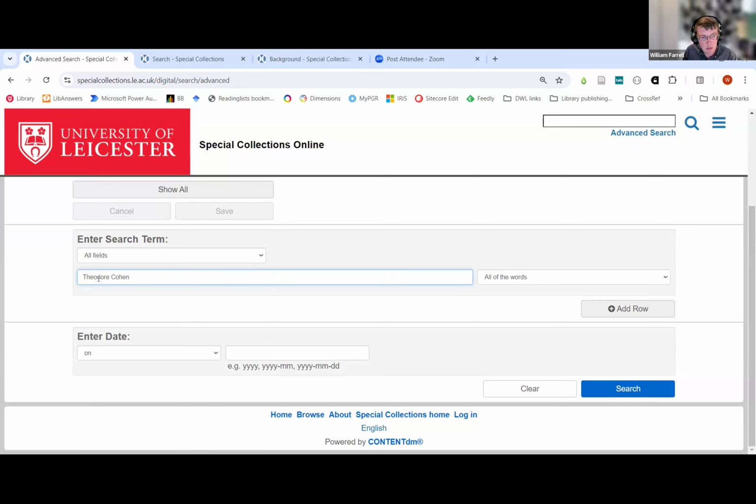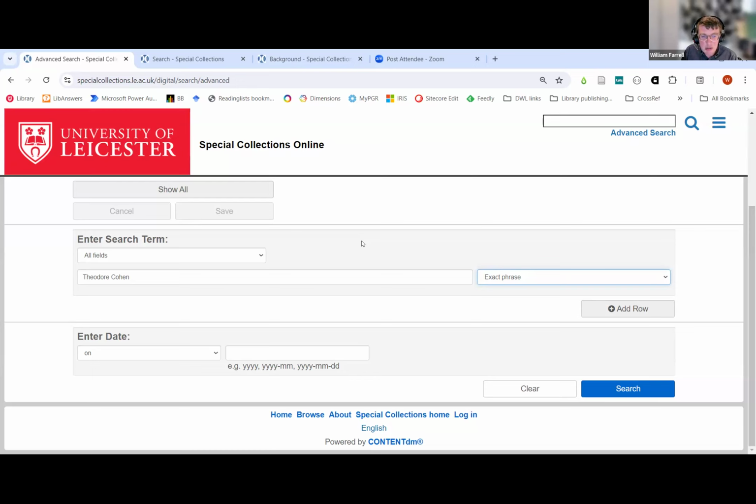So the default is, if we click search now in blue, it will find a page in a directory which has these two words present. So they may not be in the same line of text. So it will find some Cohens who aren't Theodore and some Theodores who had a different surname. So you might want to try changing that to the exact phrase, Theodore Cohen. That will tell the search engine to find the word Theodore next to the word Cohen in the same line of text.